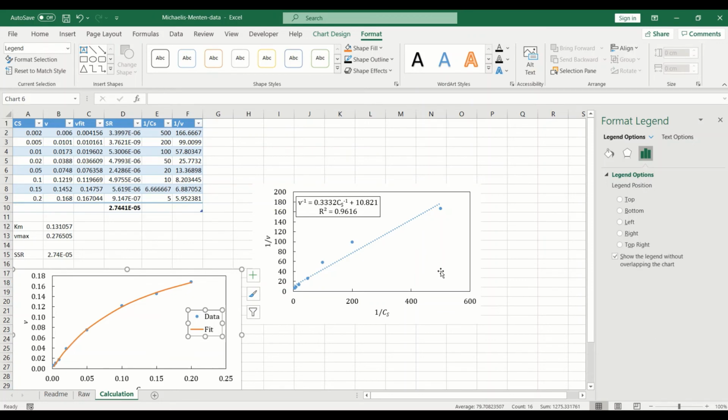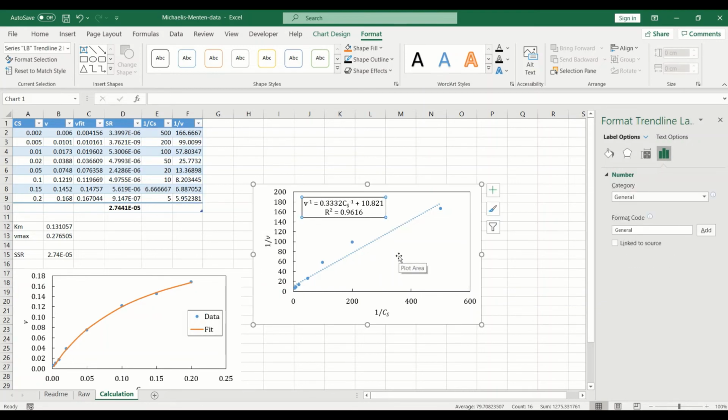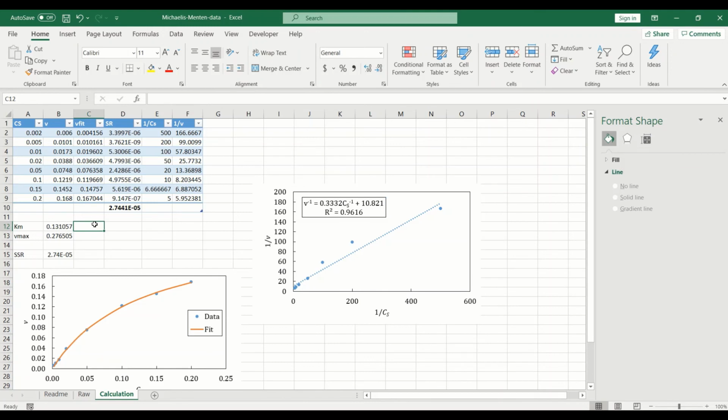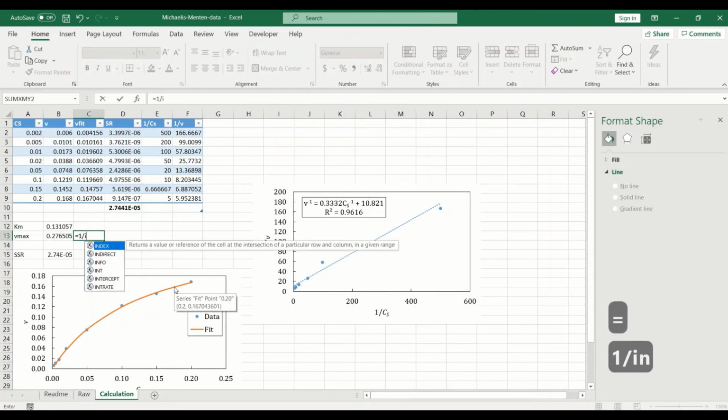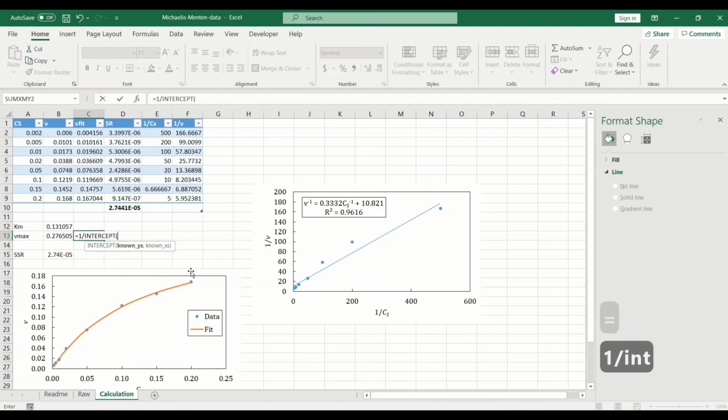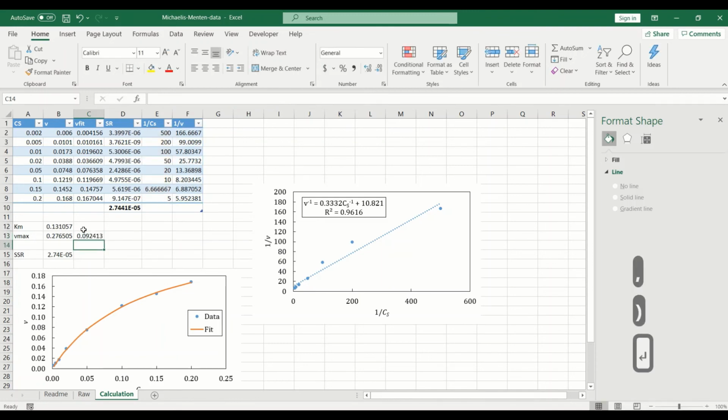Okay, so we can see that we've got a pretty high coefficient of determination on this graph. Let's use its intercept and slope to calculate the parameters. So we can use the inverse of the intercept to calculate Vmax,